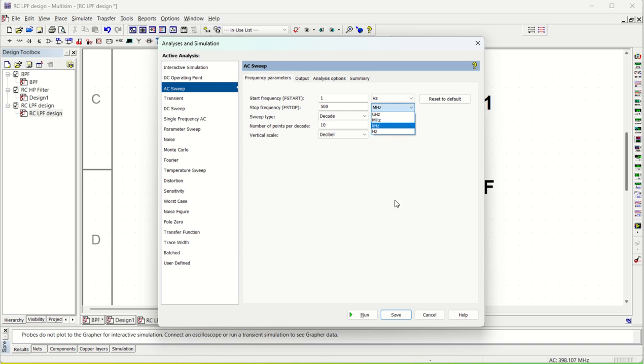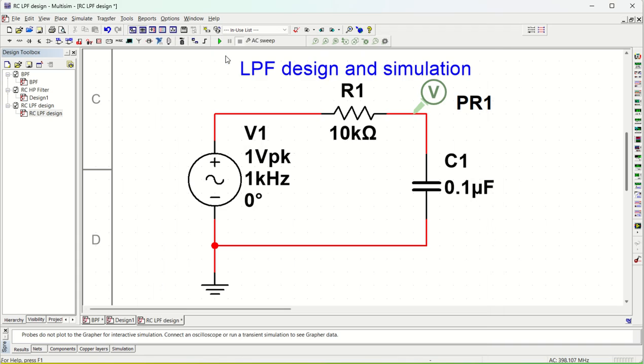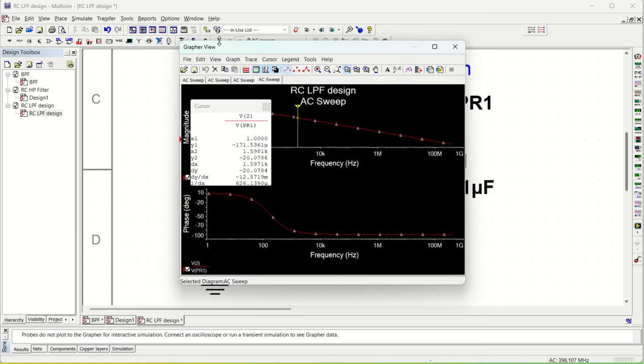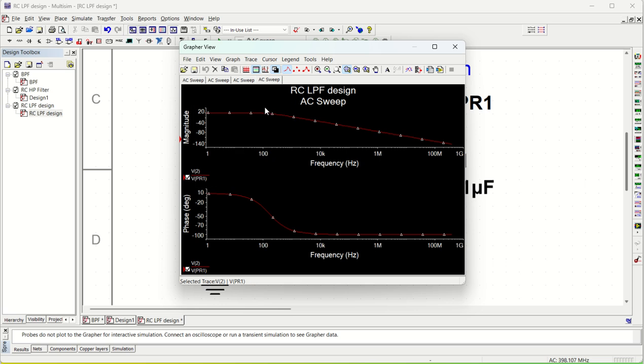So I'll simulate it to, let us say, 500 megahertz, and we'll keep sweep type as decade, and the vertical scale will keep as decibels. Okay, like dB we want. So that's all. So you save it and then you run it. So what is going to happen is